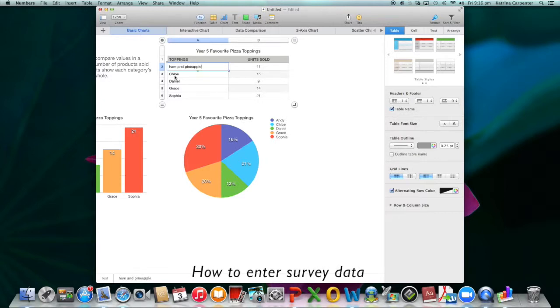Ham and pineapple, pepperoni, if I double click it highlights the text and allows me to delete it at once, cheese, meat lovers, and chicken. So these are the choices which we had, and in the units sold, we haven't really sold them,